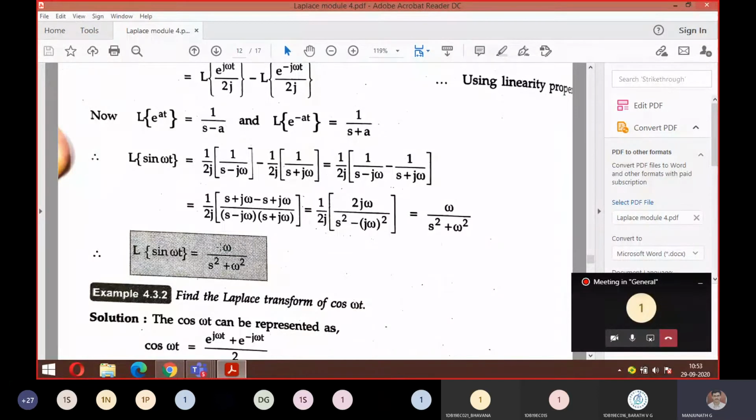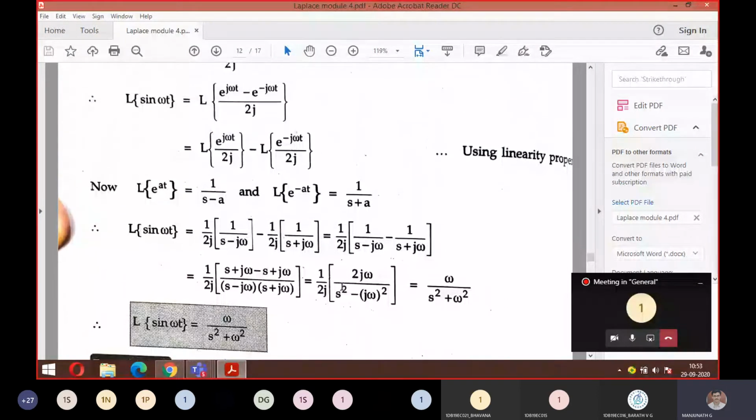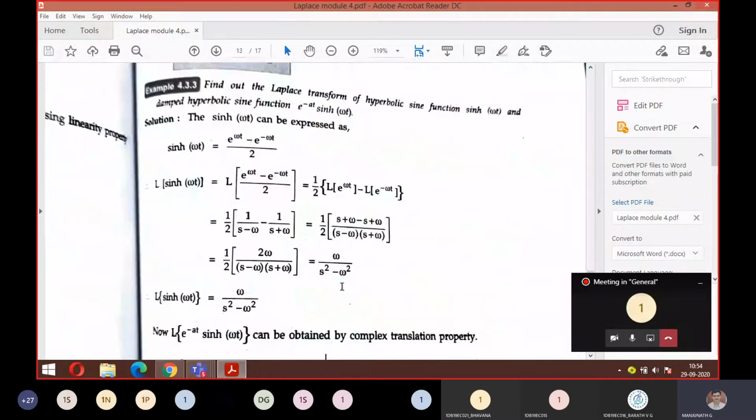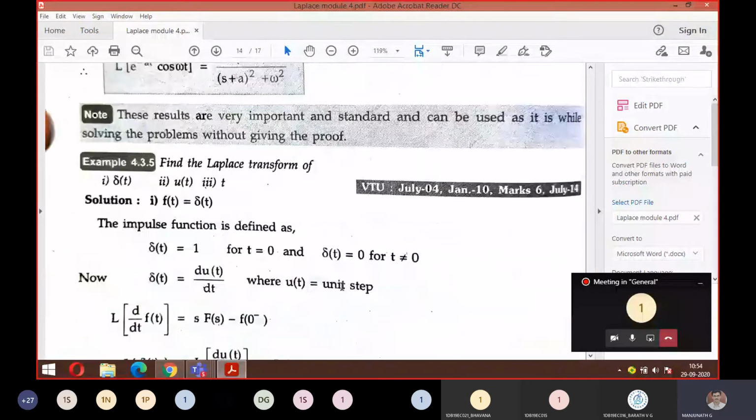Yes, sir. Okay, so similarly, if they ask cos omega t, the same procedure applies, or the exponential of that, also the same procedure. So just to summarize, this is how you can write things directly without applying general mathematics for each step. This is also possible, but the answers are the same and the marks are also the same, so nothing to worry about regarding marks from both sides.